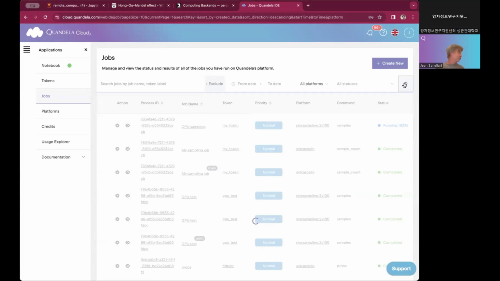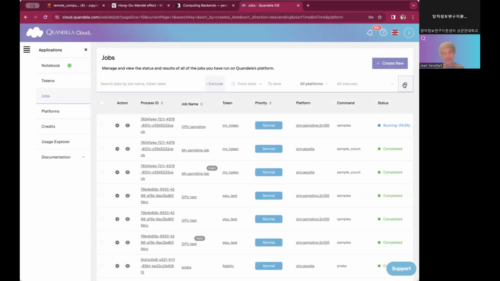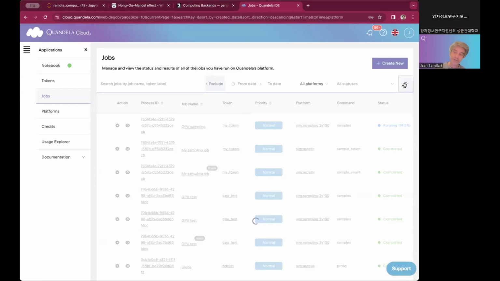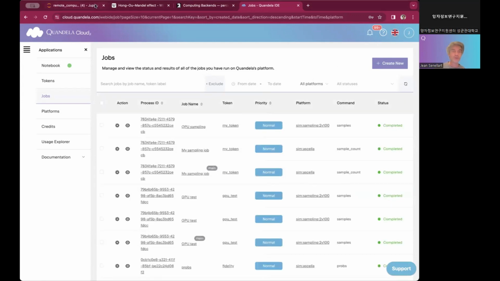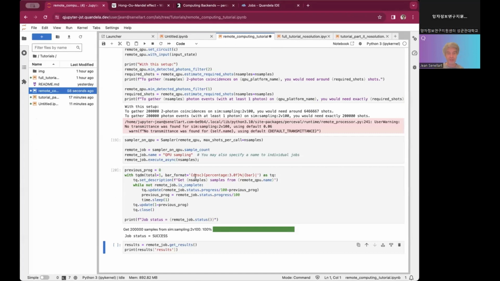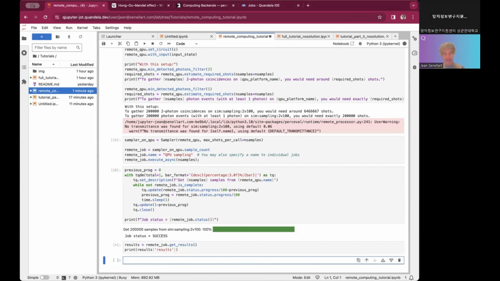In that case, it's overkill. We are using a simulator that is super powerful to run a circuit with 2 modes. It's totally non-efficient. It's the kind of thing that you should avoid. It's really to run some big circuits. And I'm done. And I have my results.